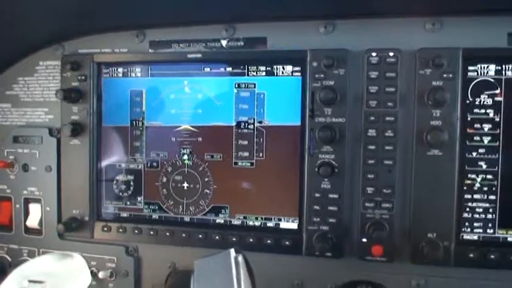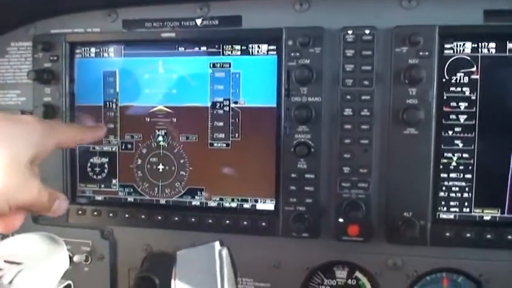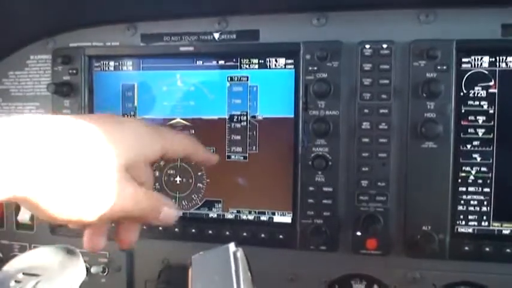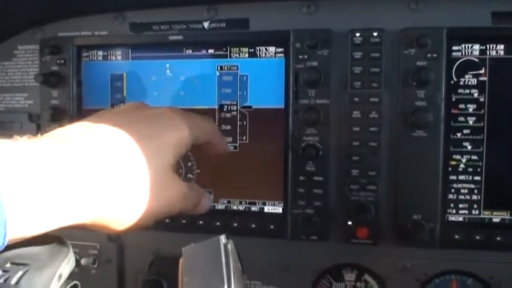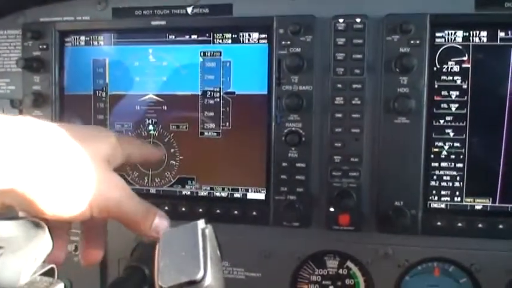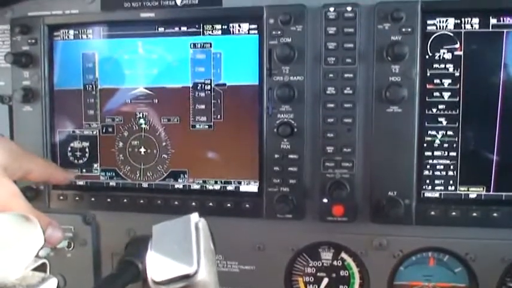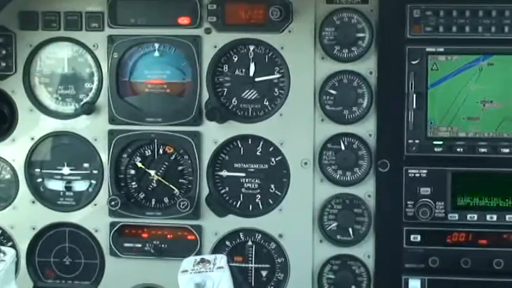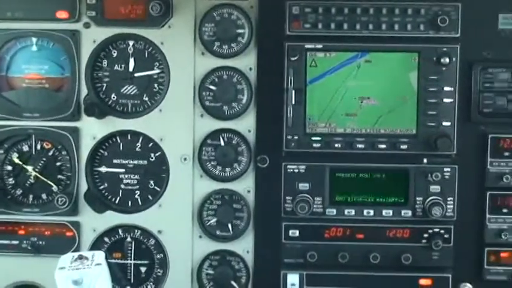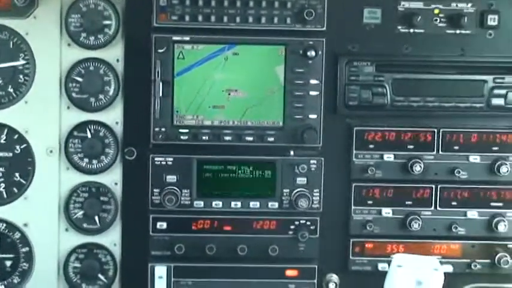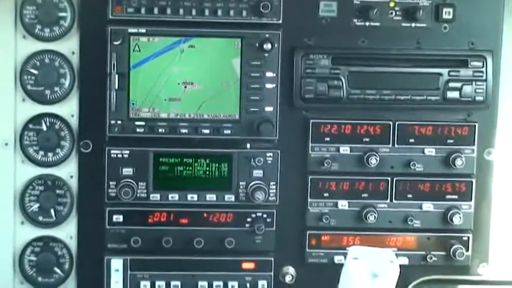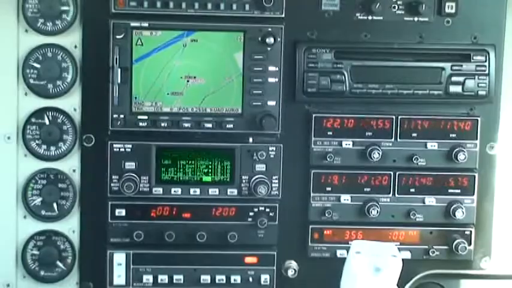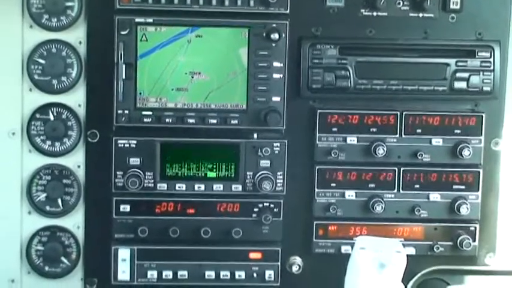These installations are called glass panel installations. For example, on this aircraft, you'll notice a complete integration of navigation, flight instruments, and performance instruments in one complete system. On some aircraft, GPS systems are integrated with a traditional classic instrument stack. On this installation, a partial glass panel provides a moving map and GPS position depiction. However, classic flight and performance instruments are still used in the instrument panel. Either way,